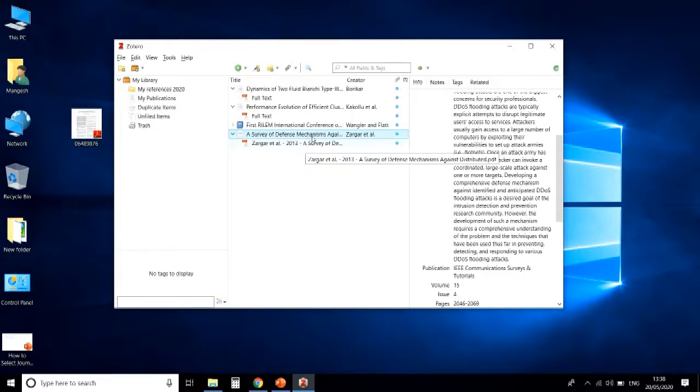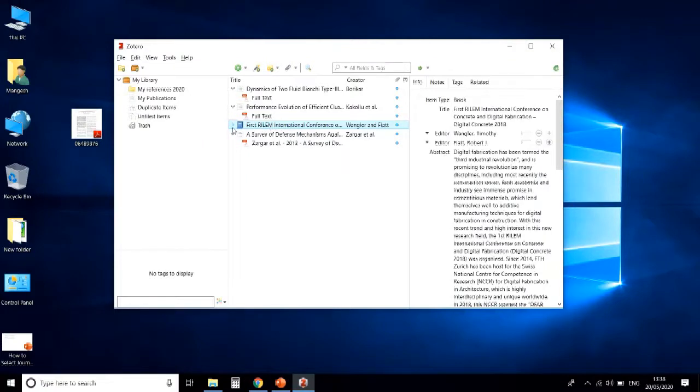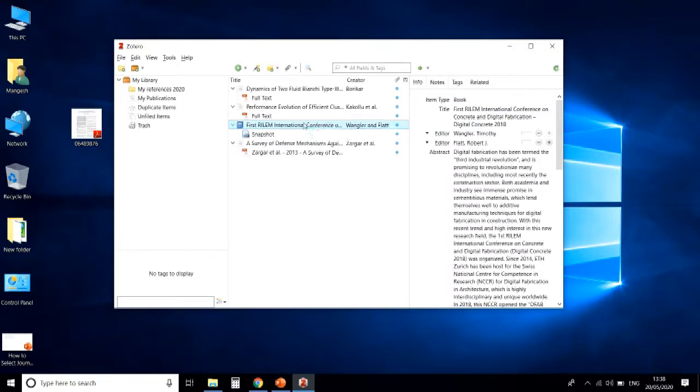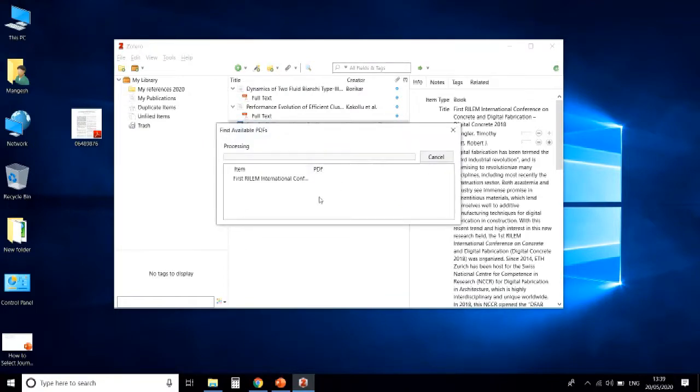For example, I added this book. This book's PDF file is not available freely, so there is no link for the PDF file. Or if I try to download the PDF file for this reference, Zotero will process it.